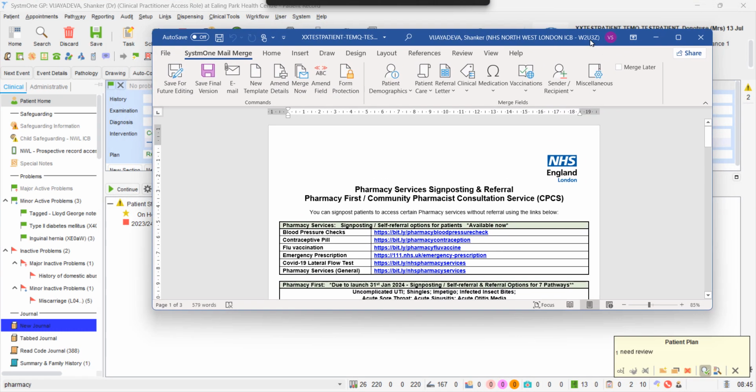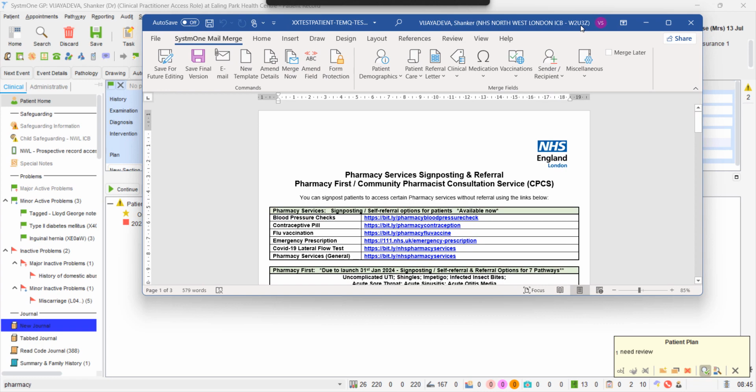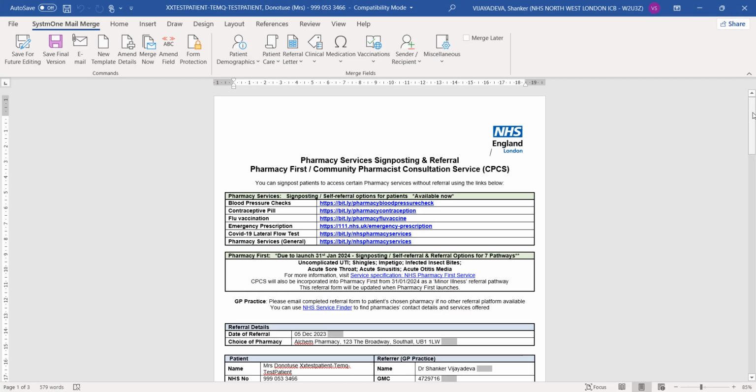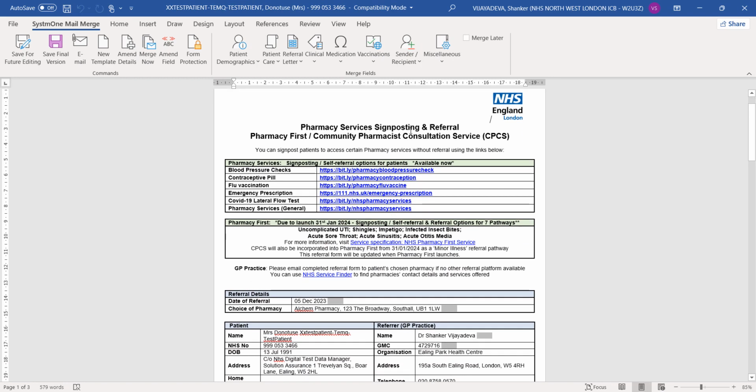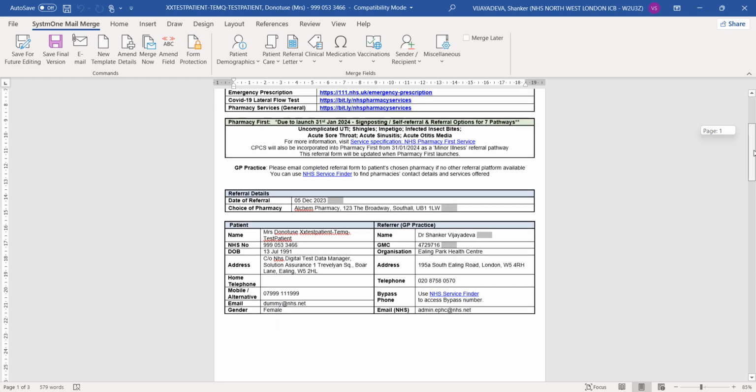Right, so it's bringing up the referral form. And just to show you some of the changes here, at the top again, I've given you some signposting for the links, if you wanted to send a patient to know how they can find a pharmacy that offers a particular service. Also, just a little bit of a holding message here, to explain again how Pharmacy First is going to launch 31st of January. If we go further down